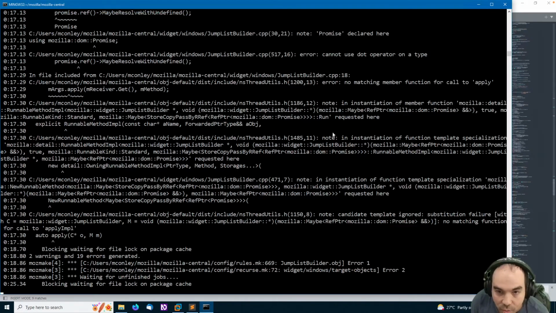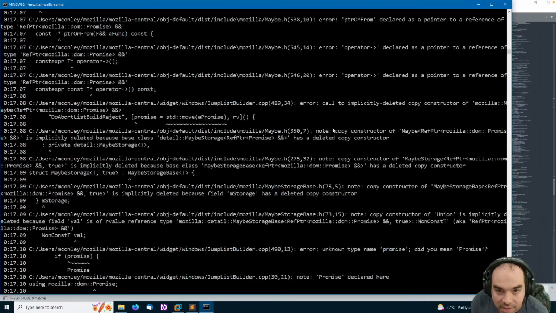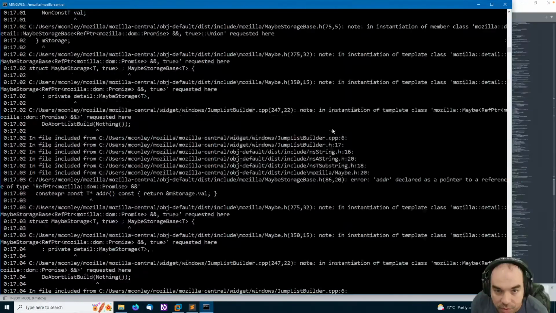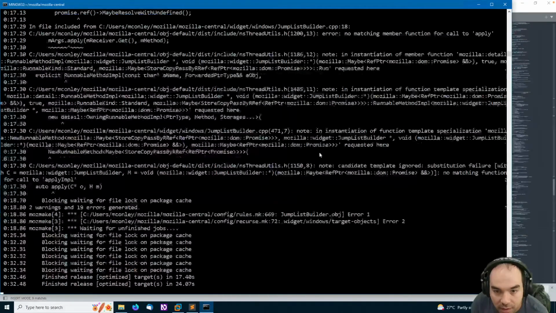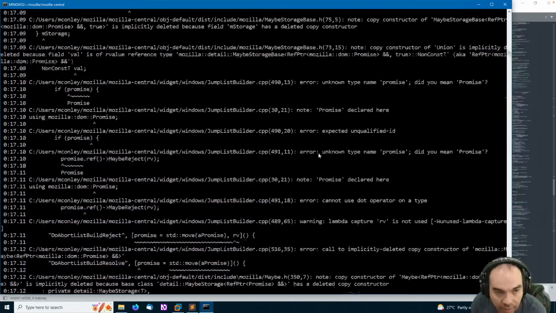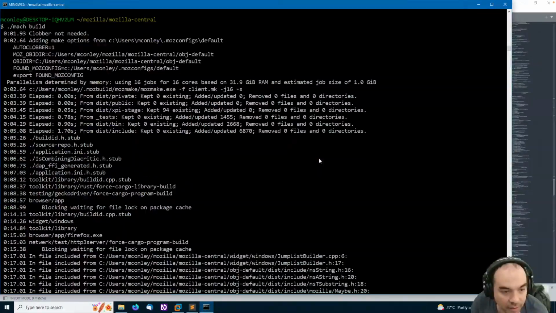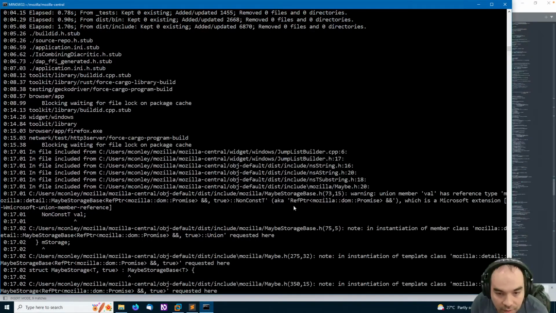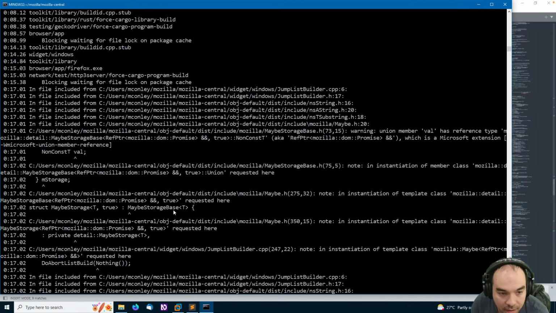So this first thing is a warning, and it doesn't seem super related to... This first warning... No, this does seem related. Just a Microsoft extension. Union member val has reference type such and such. Instantiation of member and a maybe.